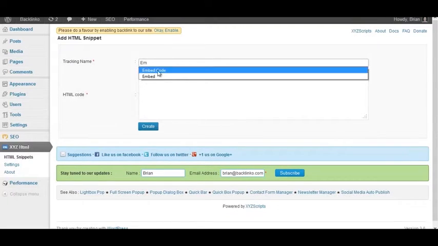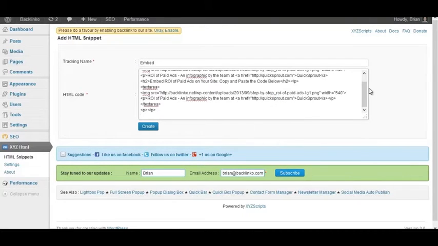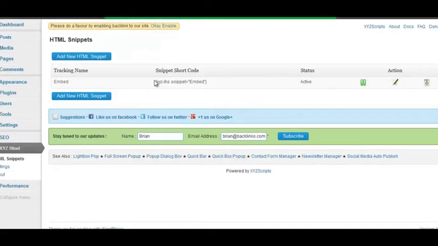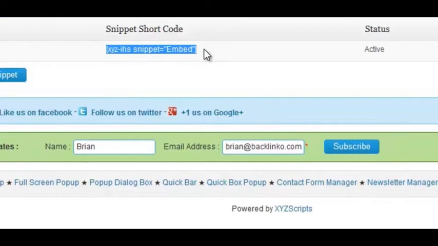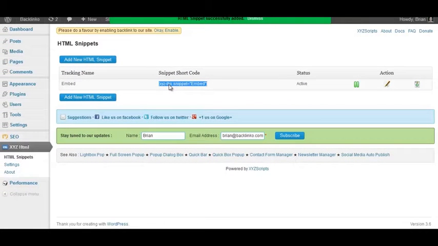So let's just call it embed. And then you want to paste the embed code that you got from SEO Gadget in this box and then click on create. And what this will do, it'll create a shortcode that will still keep the JavaScript instead of deleting it like WordPress tends to do. So you want to copy this snippet shortcode and then head back to the post